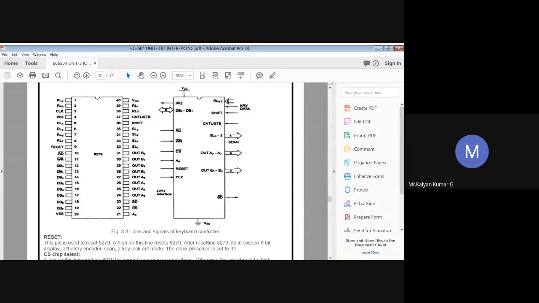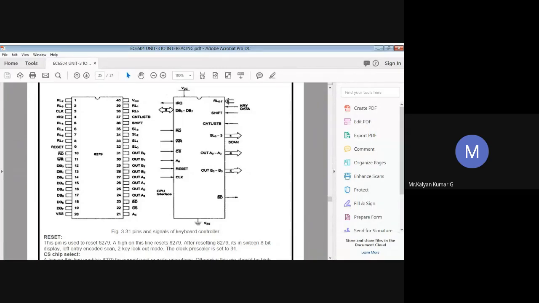Moving on to the clock input, I think pin number 3. A system clock is generally needed to generate internal timing. Followed by the reset pin, I think on pin number 9. In between are IRQ, RL4, RL5, which I'll tell you later. First we are discussing the pins on the left side. Clock we completed. Now reset.